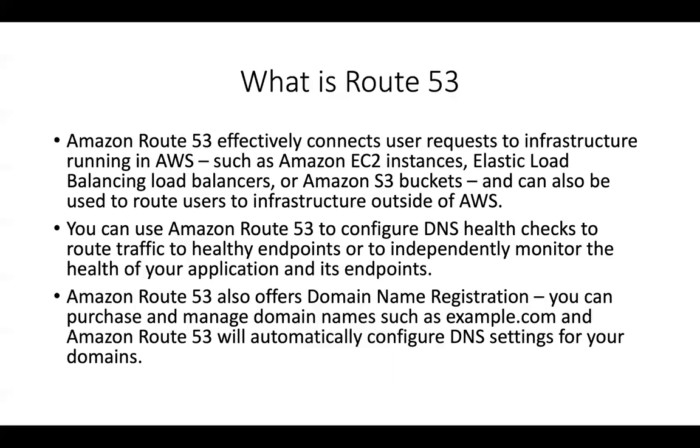Route 53 is also a domain registrar. In the sense that you can purchase a domain name, and you can manage domain names like example.com and zerosinitiative.com for us, and so on, right? It will automatically configure your DNS settings. Once you have paid for the domain name and it's registered, you will also get a concept called hosted zones, which we are going to study in the subsequent slide. It is also going to create two resource records for you: the name server records for all of the name servers of AWS, and a SOA record, which is a start of authority record, right?